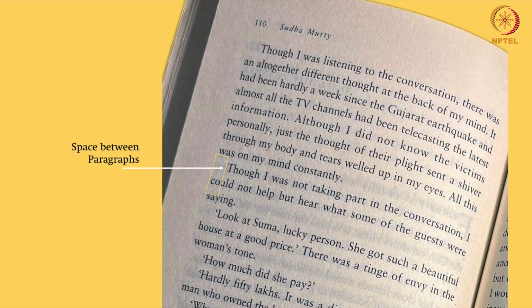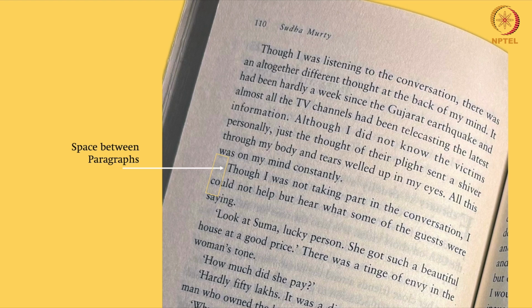It serves in several ways and makes the whole reading more efficient. Indent helps readers quickly identify the start of a new paragraph. In that way, it improves readability. By creating visual breaks, indents contribute to a clean and organized appearance as well.